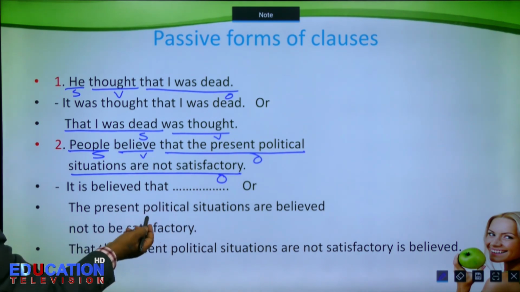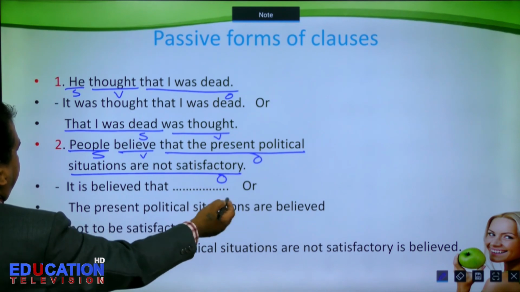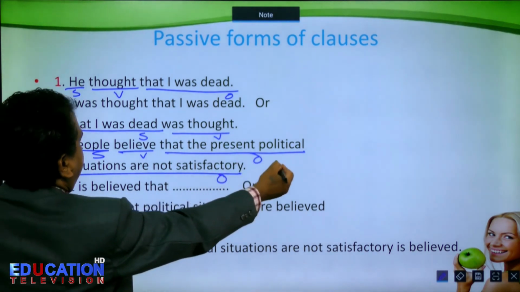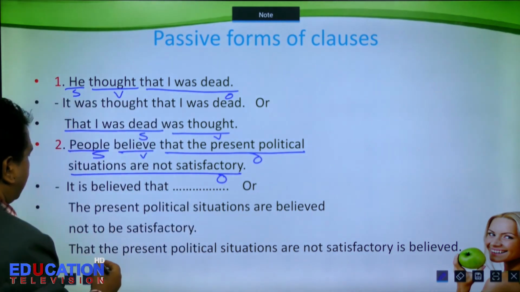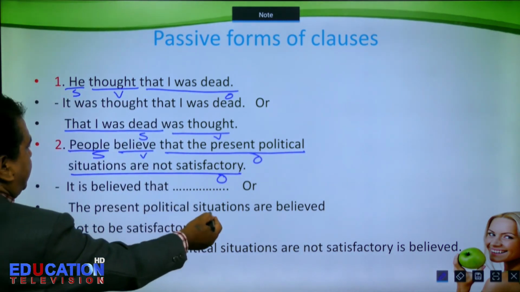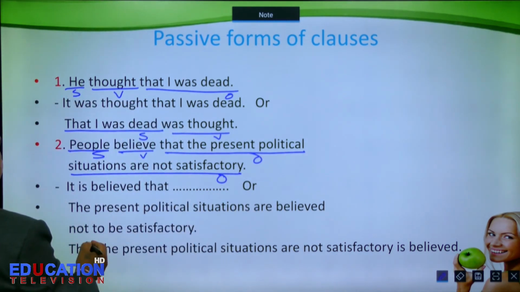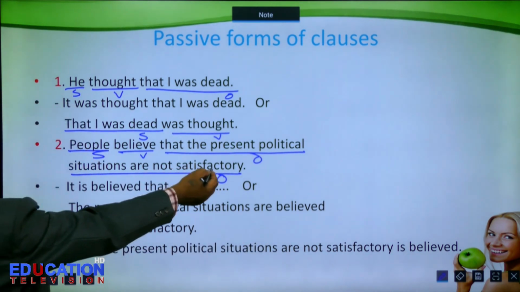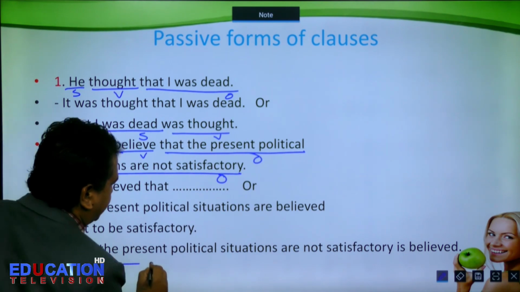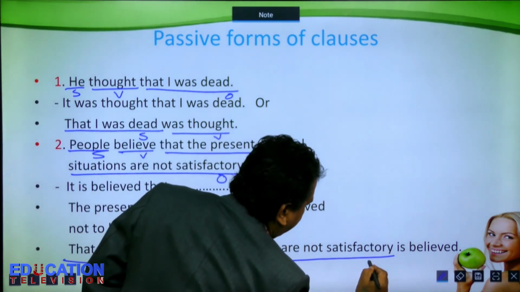Okay, that is another way. It is believed that the present political situations are not satisfactory. That is one way. Another, the present political situations are believed not to be satisfactory. That is another. Another is, bring this entire object, that the present political situations are not satisfactory,